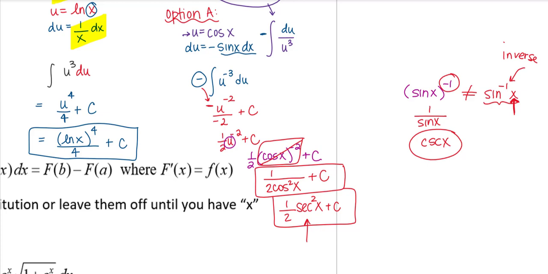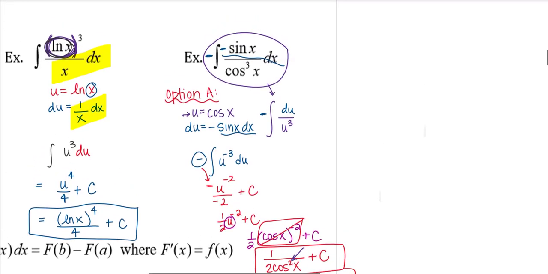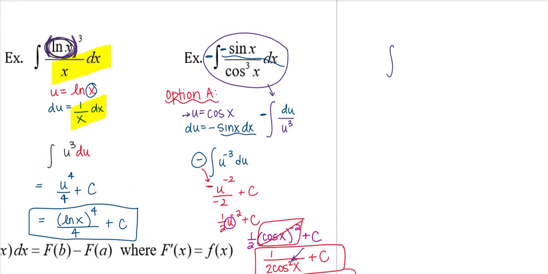Okay? So I don't know if that little tidbit about raising trig to the negative 1 or negative 2 or negative 3 is something that you already knew. If it is, great. But I would definitely turn your negative exponent into a positive exponent or use the reciprocal name. All right, so I'm going to do the same problem again. Let me write it.